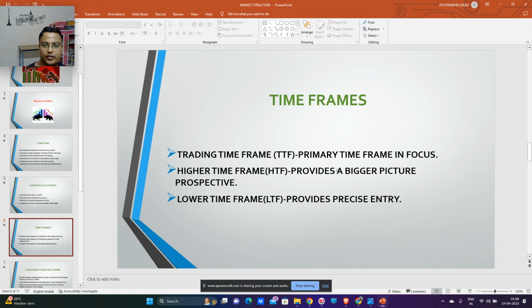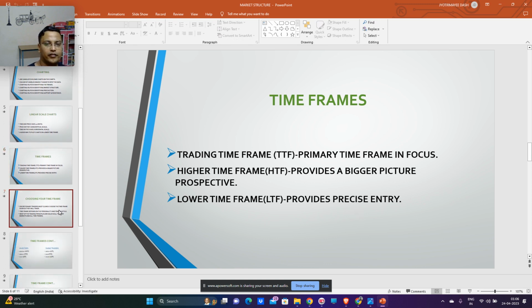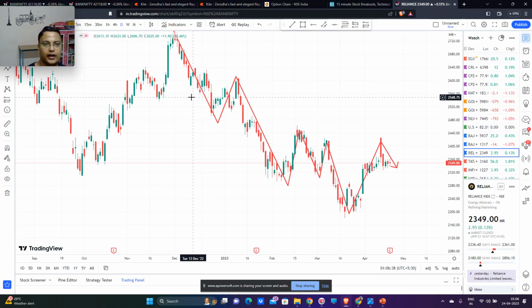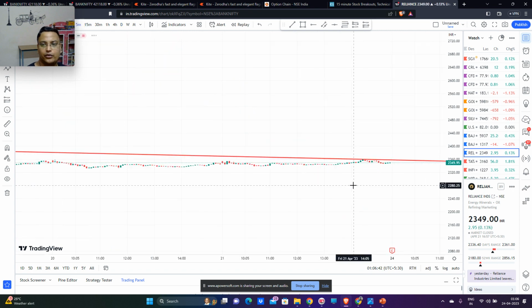Okay, the higher time frame provides a bigger picture perspective. Lower time frame provides a precise entry. Now, precise means exact entry, so that your stop loss is very less. Now, suppose anytime we take a trade and it goes against us, okay, like suppose I'm taking you to